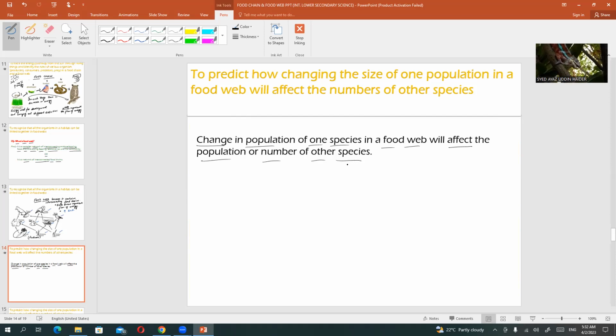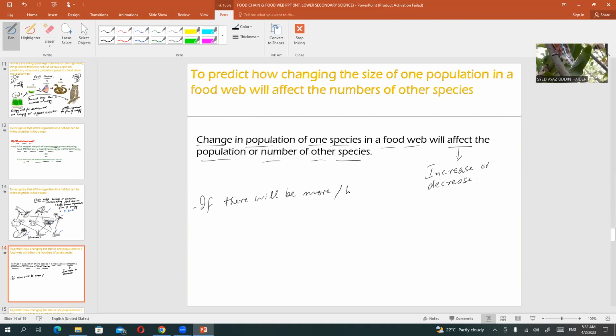What we mean by affect is increase and decrease. For example, if there will be more or higher number of producers,